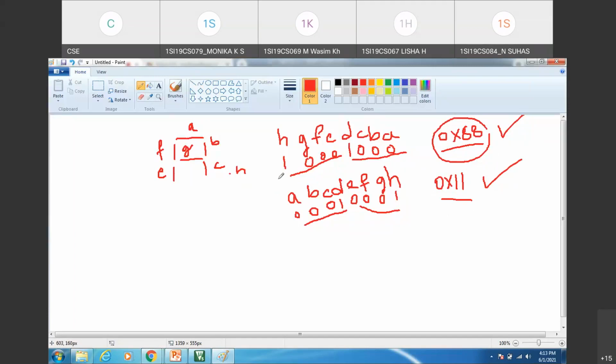Whatever convention you follow, either H as MSB or A as MSB, what you have to remember is that you always have to send the bits in this order: H, G, F, E, D, C, B, A. Whether you have constructed A to H or H to A, you always send the H bit first, then G bit, then F bit, E, D, C, B, A. In this order only you have to send the data bits. Once the 7 segment code is constructed, we start with the H bit. We need to test whether this bit status is 1 or 0. Depending on that, we will send either 0 or 1